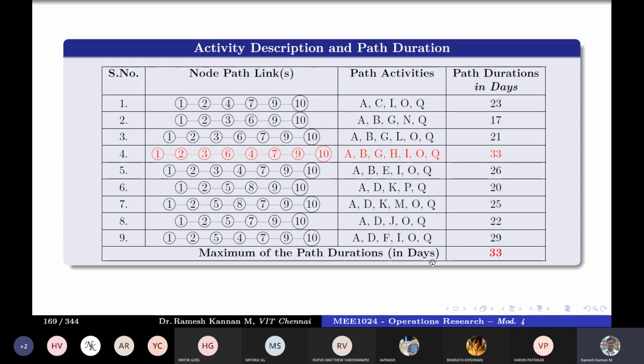So this is just a sanity check. It's not for calculation, just to show you this is the longest path duration. Technically, the longest path is the critical path, but it is not only that. Those paths also correlate to the total duration. The entire duration for this project is 33 days. So the longest path determines the duration of the project.